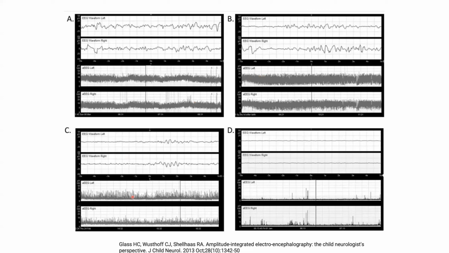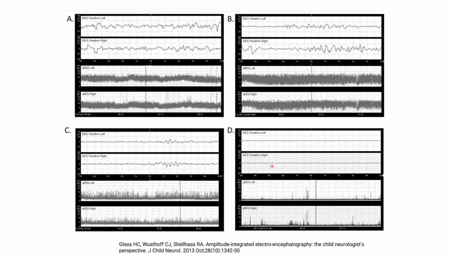Going to a much more severe abnormality, in panel C, you can see that for most of it the EEG is suppressed, and there are small bursts here. So this is called burst and suppression. This is how burst and suppression looks. You can see the lower margin is close to zero, and you can see some bursts which are coming. This is a compressed EEG, hence it is showing the waveform like this. So when you see such a waveform, you judge that the child has a very bad encephalopathy.